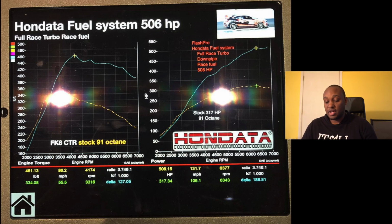So he's saying 395 is not safe over time for the engine internals, especially the rods for this engine. But he said a safe, reliable power is around 365 to 375 max. Okay, so if you think about it, 365 to 375 is still a good amount of power for a car that weighs 3,117 pounds. That is still a lot of power, and you're making around the same amount of torque or a little bit more, which is